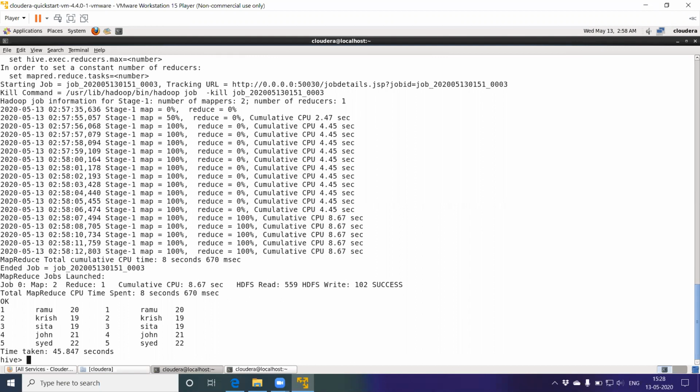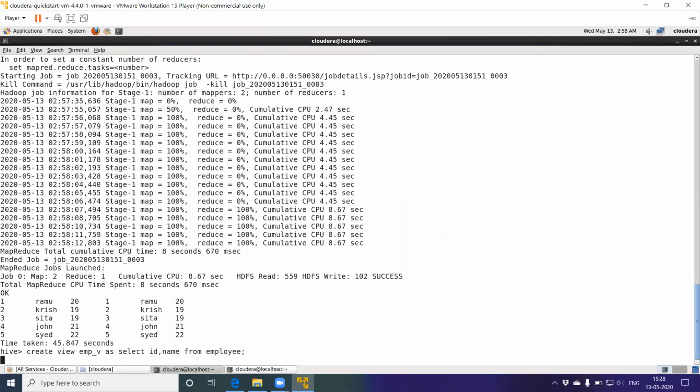Now, you can create a view in Hive using the command create view, view name as select, say ID comma name from employee, semicolon.